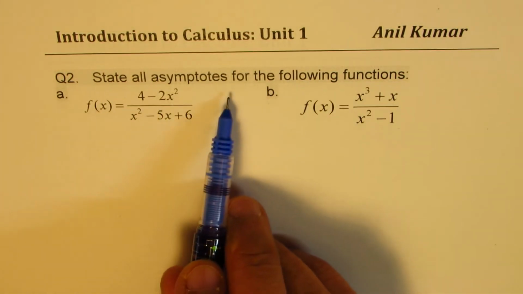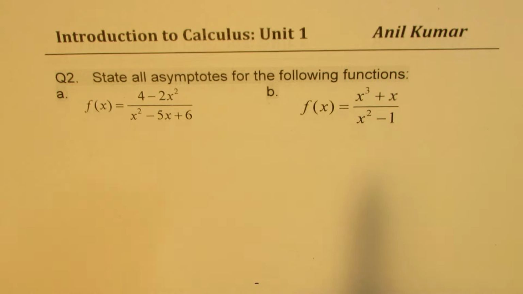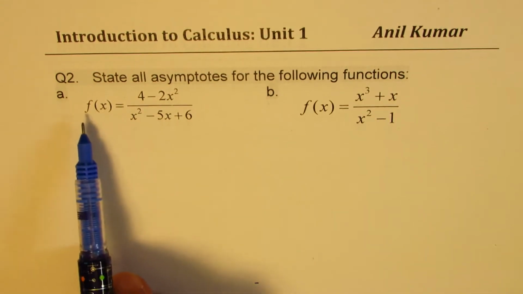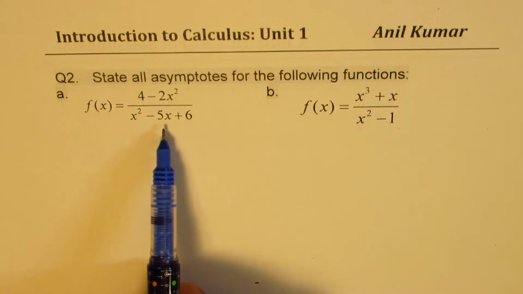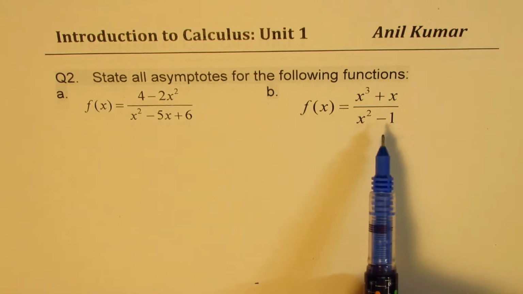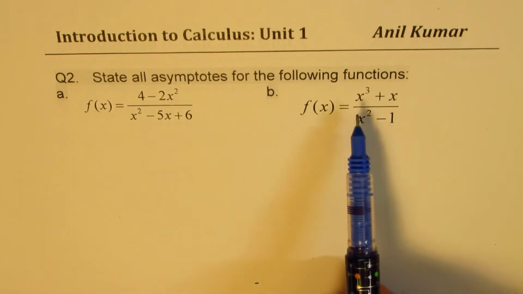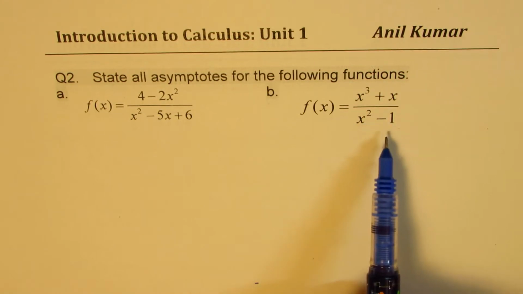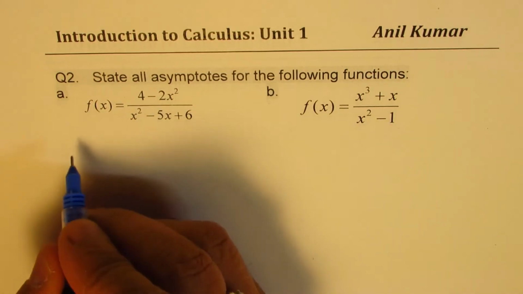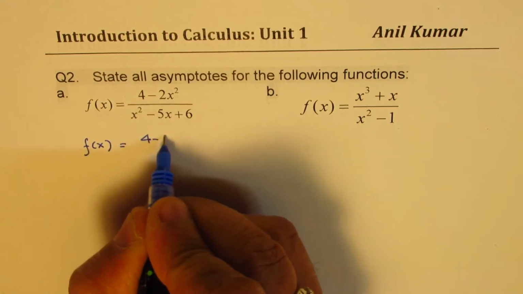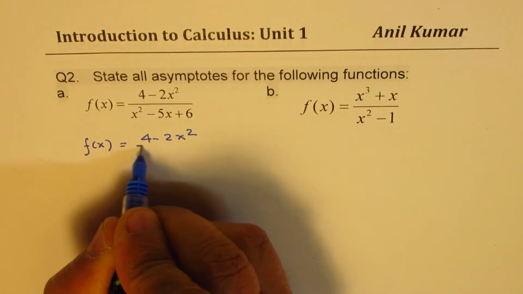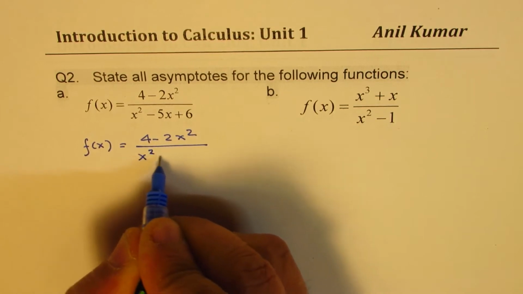State all asymptotes for the following functions. We'll discuss two functions. First is f of x equals 4 minus 2x squared divided by x squared minus 5x plus 6. The other one is f of x equals x cubed plus x divided by x squared minus 1. So let's look into the function f of x equals 4 minus 2x squared over x squared